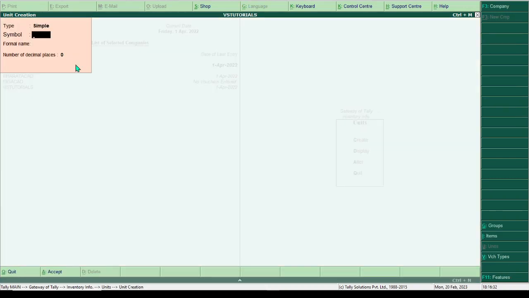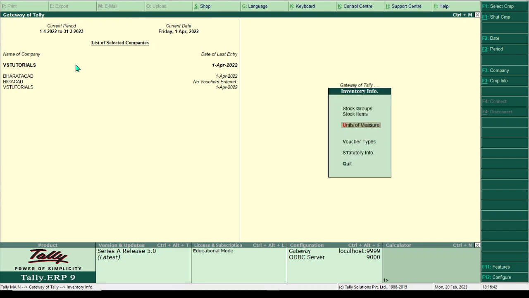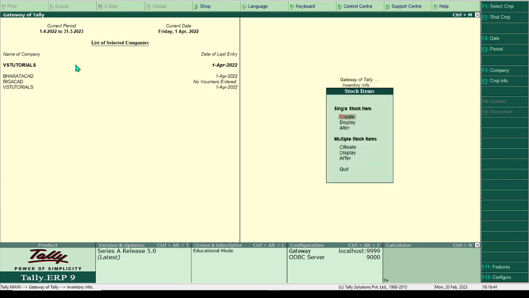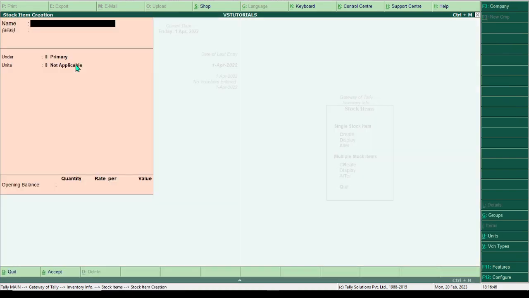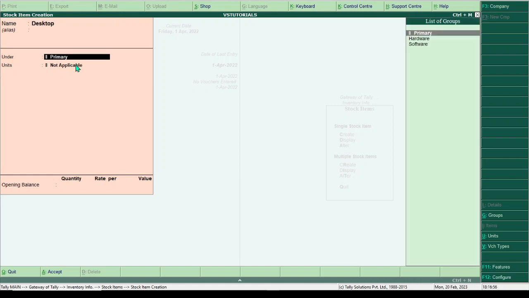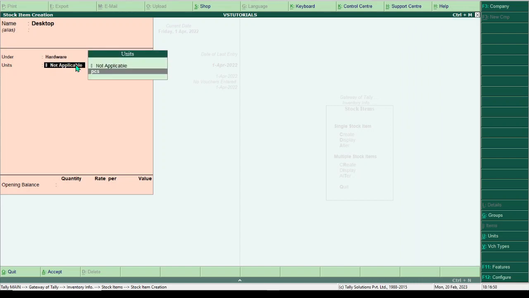Create pieces. It is already created, so it is showing duplicate entry. So we go escape and create stock item. Create stock items under the name. We can create the stock item for hardware such as desktop under hardware, pieces,